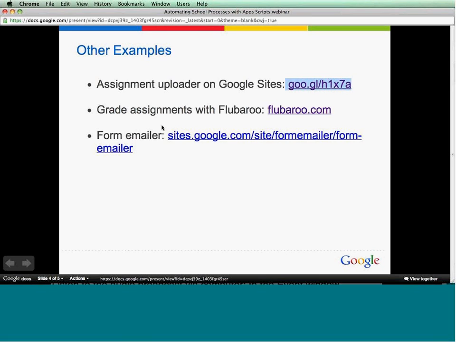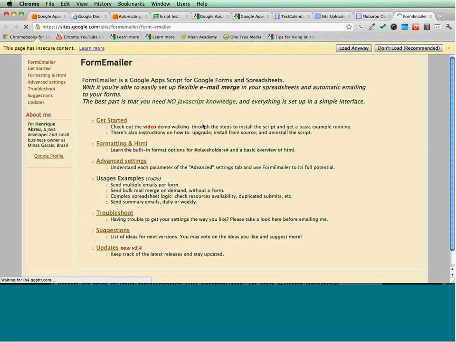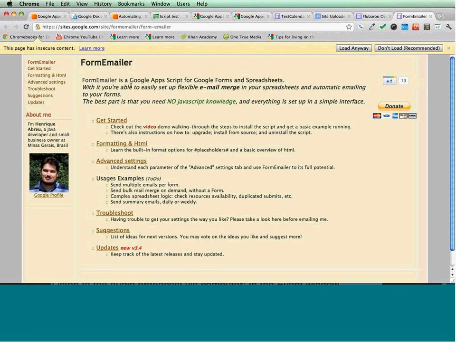And the last one is one that I've actually used myself, and I've heard some other people use as well. So if you want to be able to email people as soon as they submit a form, this form email is a popular script. And it's a little bit more complicated than adding those other scripts because they already exist in the gallery. But this one you can go ahead and go to the update